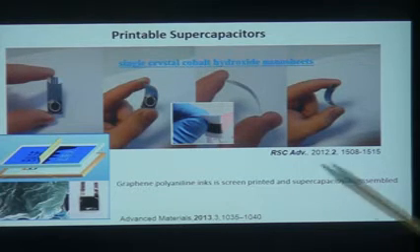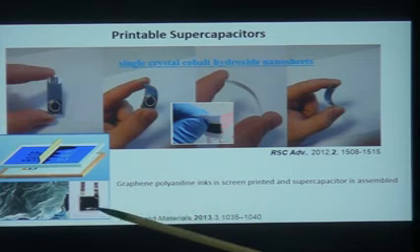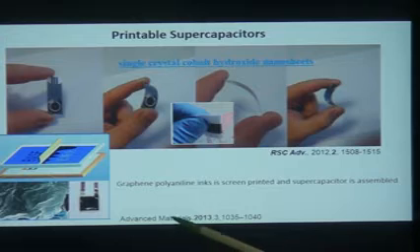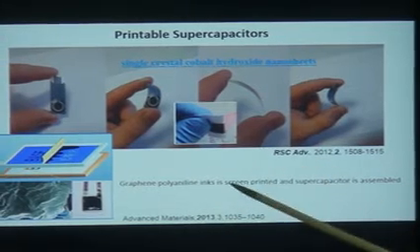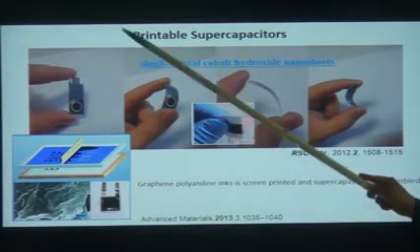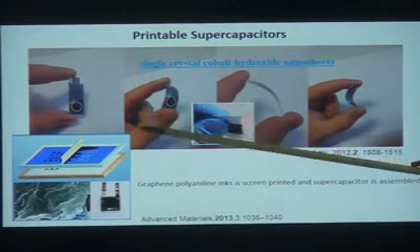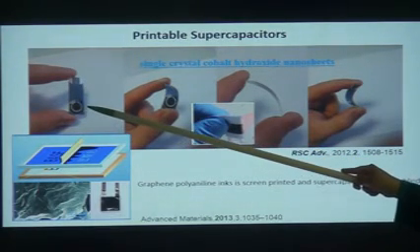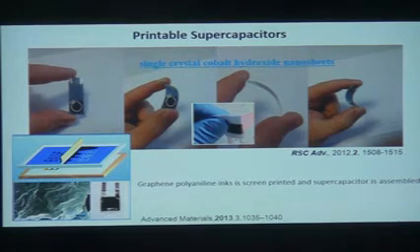So these are one or two examples where they have taken some ink, like in the form of graphene polyaniline dispersion, or it can be any active material, and then you screen print it. This is another geometry. So you are seeing a circular electrode in the middle, and again another semicircle on the outside. So the inside circle is one electrode, and then this semicircle arc is another electrode. So these are two concentric electrodes, which act like a supercapacitor, and the gap between the concentric rings is your electrolyte medium.